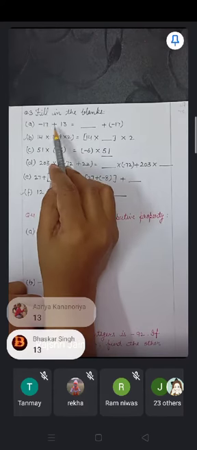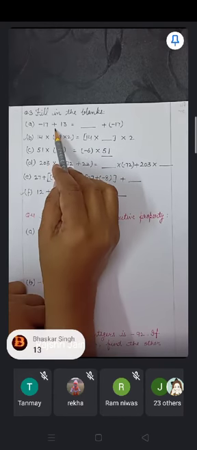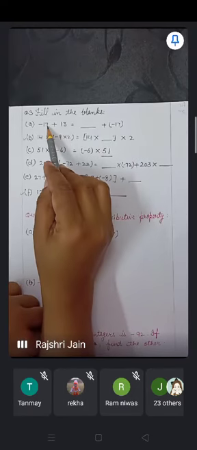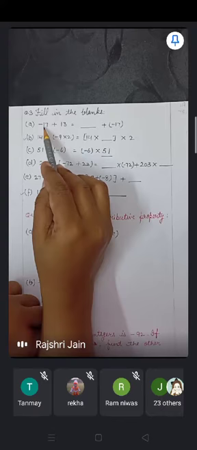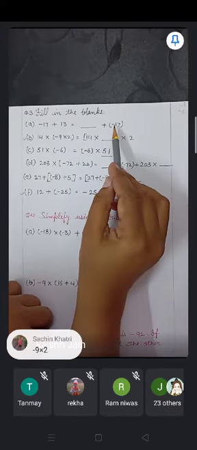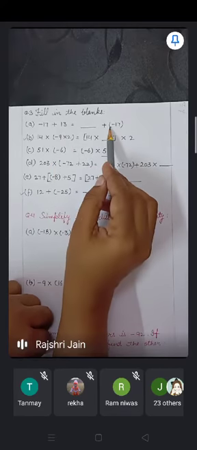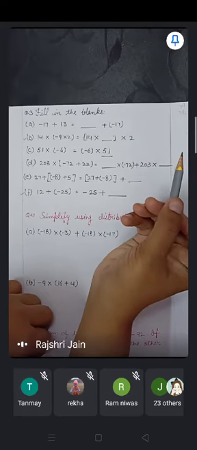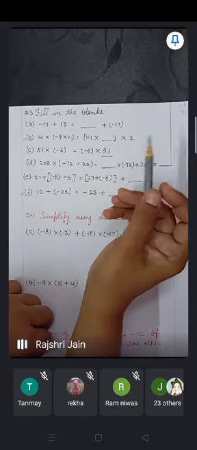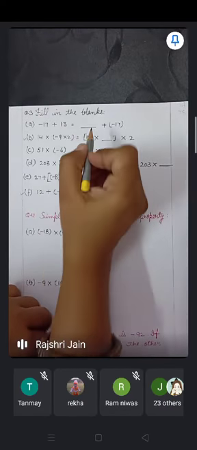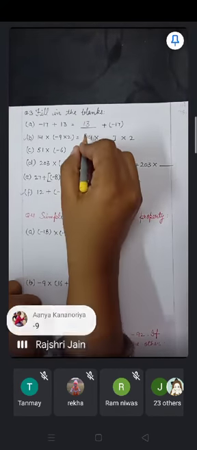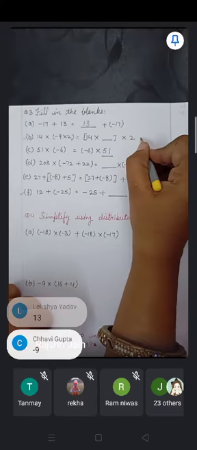Minus 7 plus 13, two integers are getting added, plus sign is between them. Now minus 17 blank plus minus 17, what does it mean? It means on the left side minus 17 is at the first place, but on the right side it is at the second place, meaning I have changed the order. And whenever we change the order, it is called commutative property. So in the commutative property we have to change the order of both the integers. So 13 is at the second place, in the answer it will come at the first place. Yes, very good, 13 is the answer. So second question you have to do yourself.